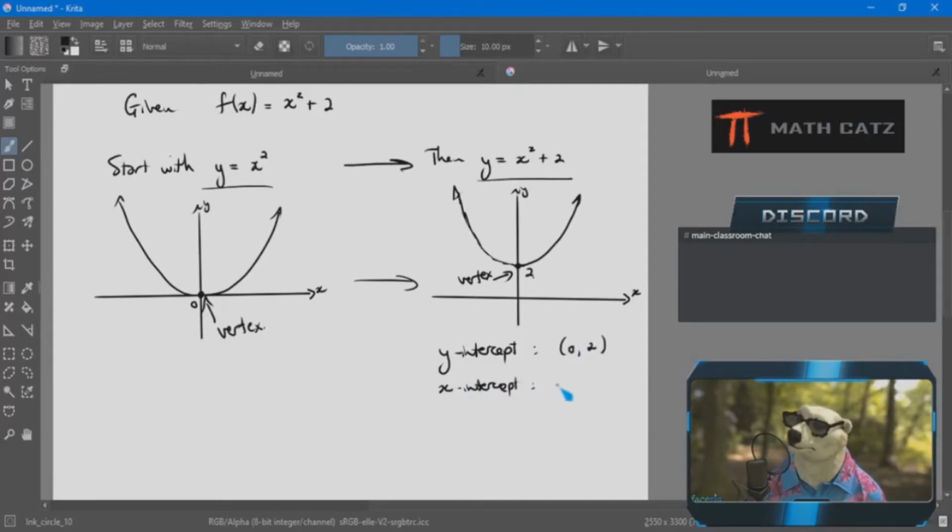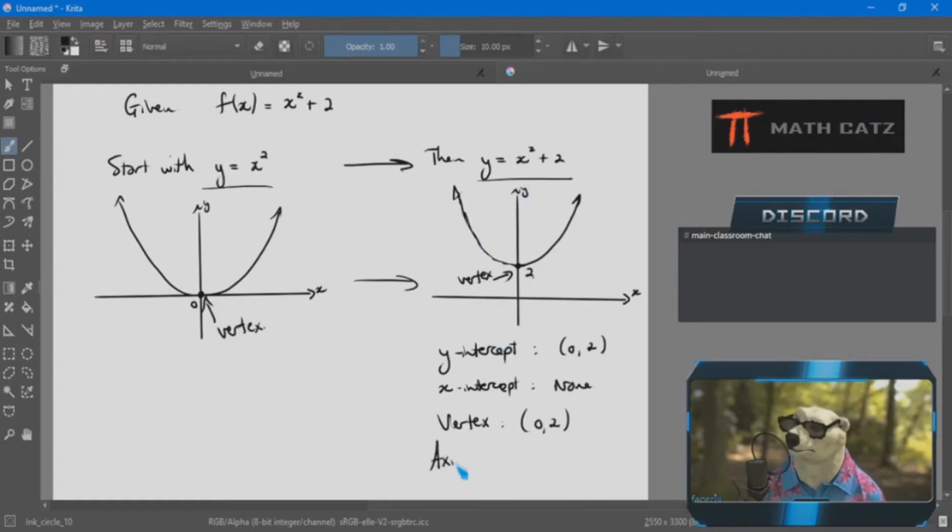Of course, because of what I did, there aren't any. The vertex is this turning point. In the case of the basic parabola, it's the lowest point. It's the point 0, 2 as well. And the line of symmetry here that cuts this in half, creating this mirror image on either side, is called